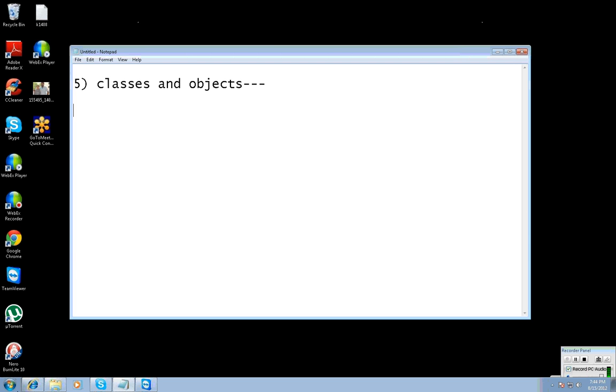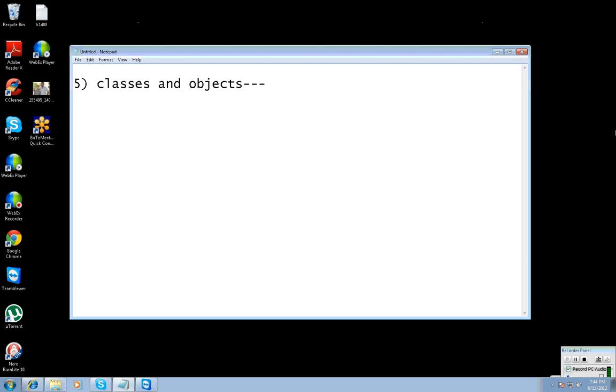Instead of taking the entire information from the table, we are taking the required information. Then one more: if you want to use functions and calculations, we can go for manual creation. That is classes and objects.